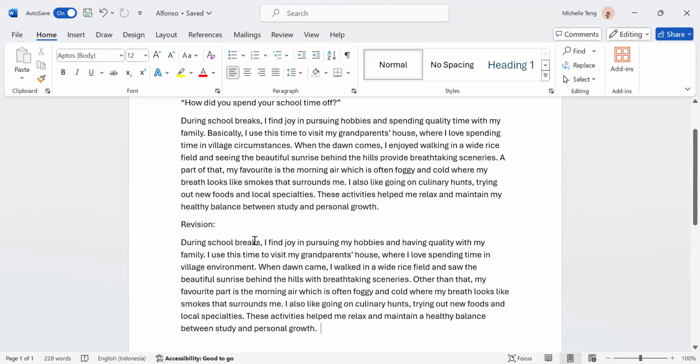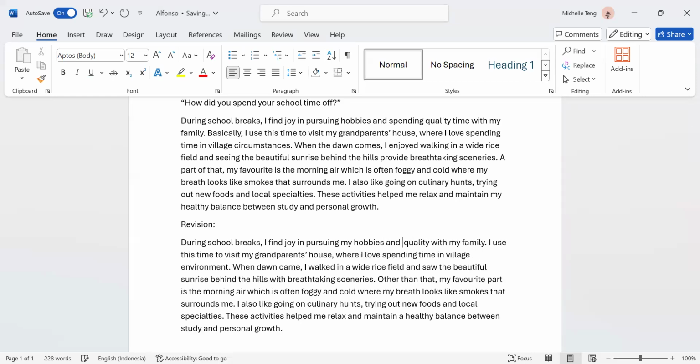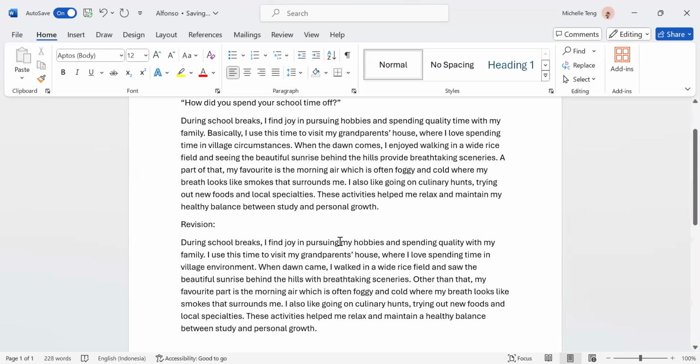And having quality time with my family. So spending quality time and having quality time are technically the same. I'm just giving the alternatives on how to say so. I'm going to change it back to the original, spending quality time with my family, to avoid confusion because it's not wrong. I was just changing it to synonyms.